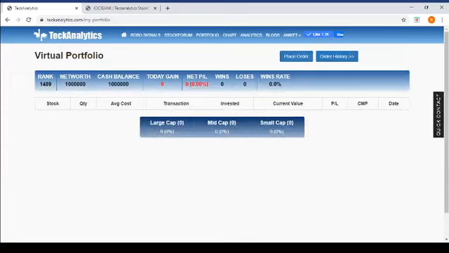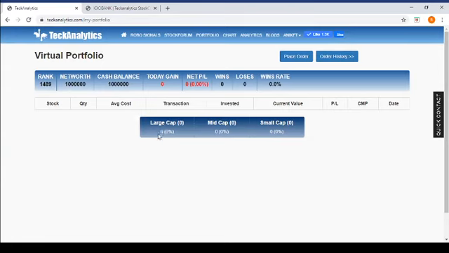And there is another table at the bottom which shows what happens when you start buying stocks from the 200 or maybe 500 stocks available on the website. How many are in the large cap? We know roughly 50, 51 stocks are in the Nifty, so those are all large cap.